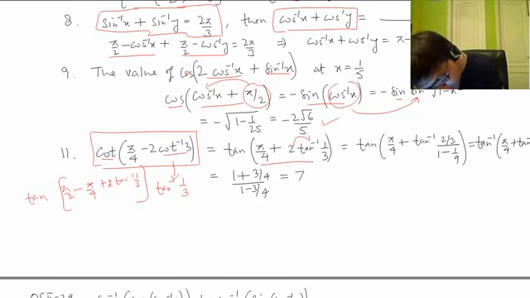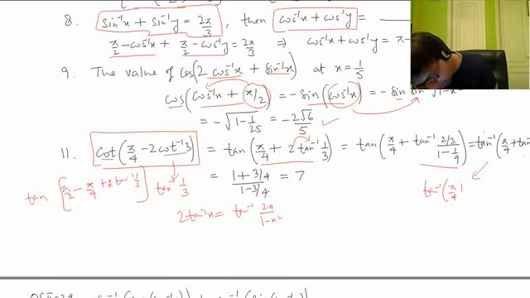Now we have to take this 2 inside. The formula is tan inverse x equals tan inverse 2x over 1 minus x square, we apply this formula. Now this is like a pure angle. Now finally we apply the tan of pi by 4 plus theta formula, that is 1 plus tan theta over 1 minus tan theta, and if we use this formula, we get this equal to 7.